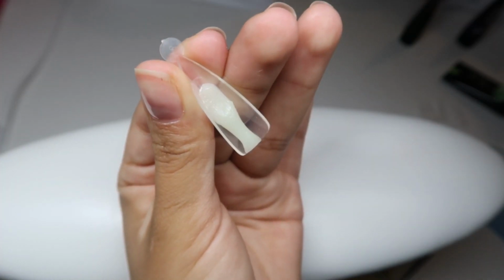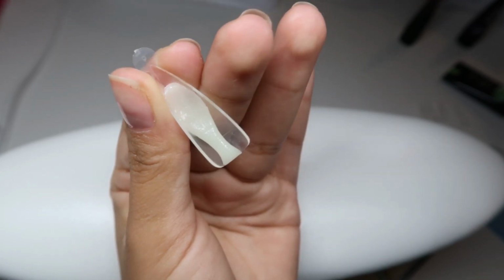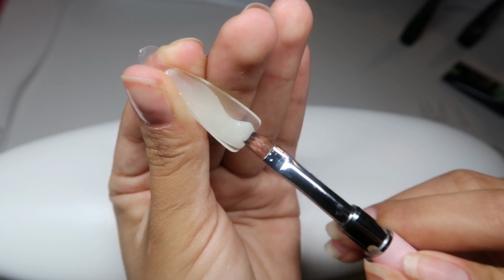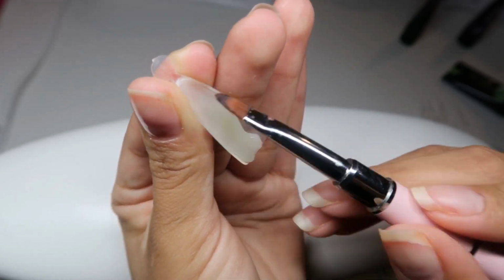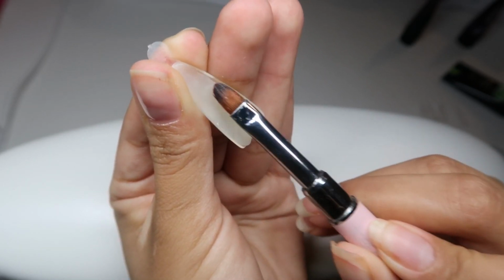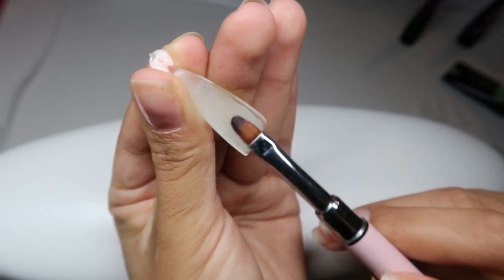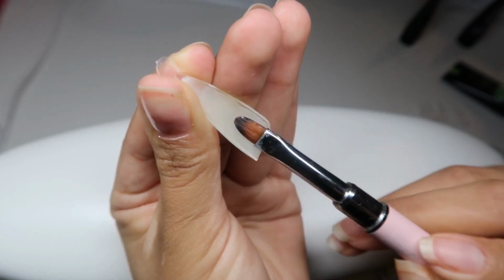So using some of that alcohol, I'm placing some onto my polygel brush. I did notice that I grabbed a lot, so I am 100% sure that this nail actually had those little white spots. When those white spots occur, it usually means you have too much alcohol or too much of your slip solution. But all I'm doing here is basically just making sure that I have the polygel covering the